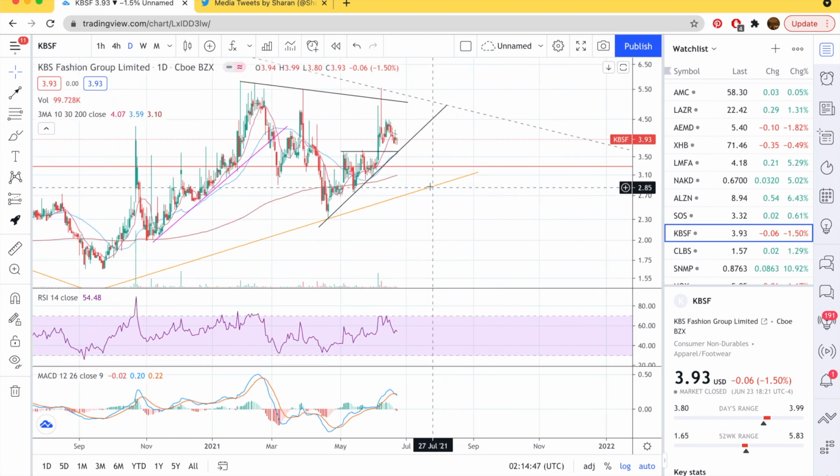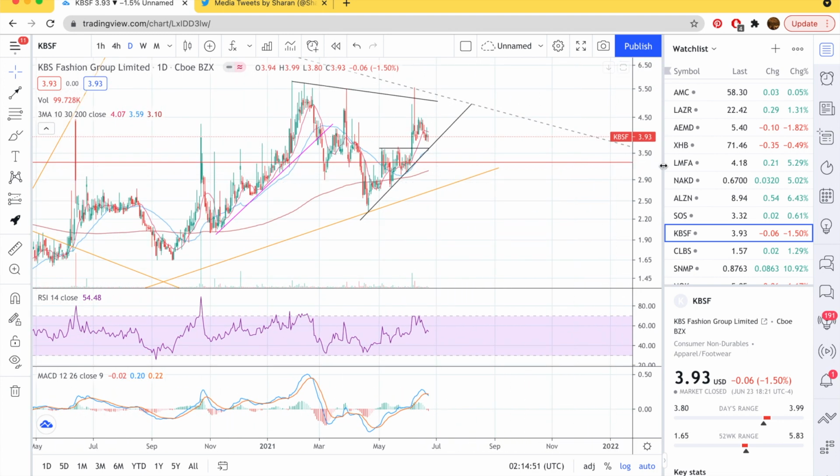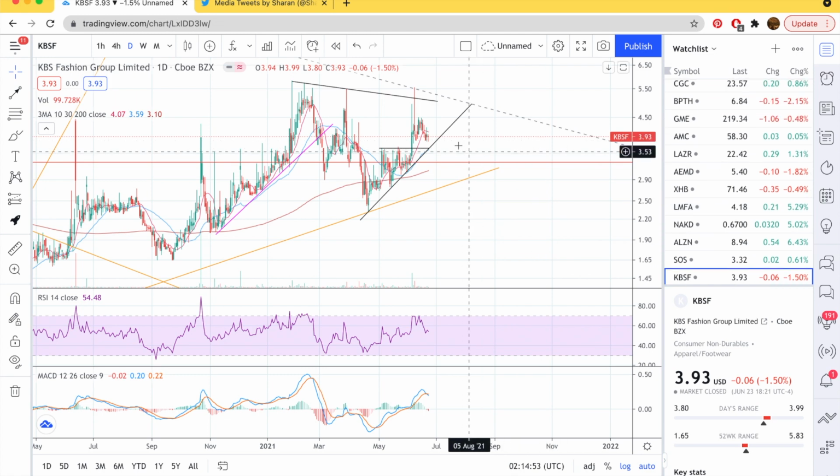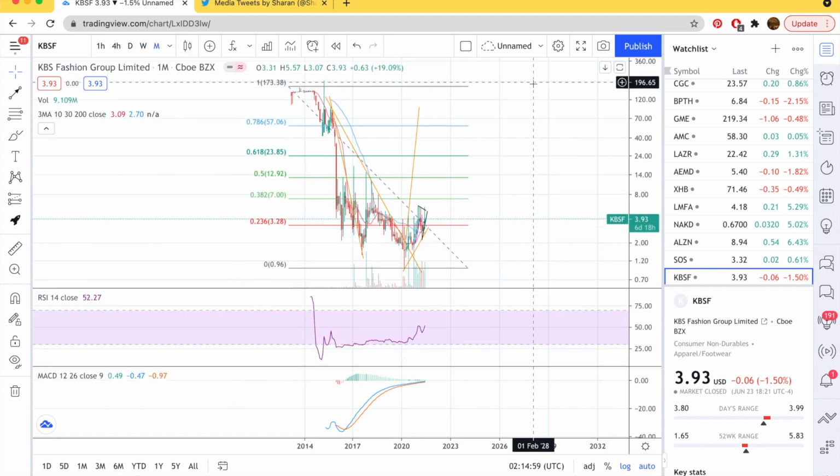KBSF still trying to break out. Will be interesting once it goes, because on weekly and monthly time frame the chart is very bullish. So expecting a move to